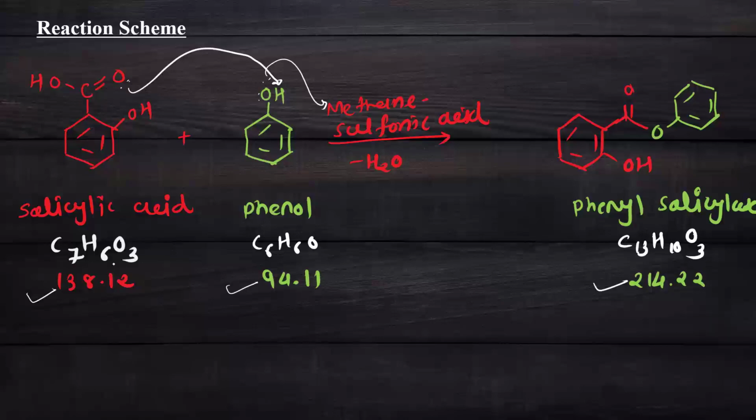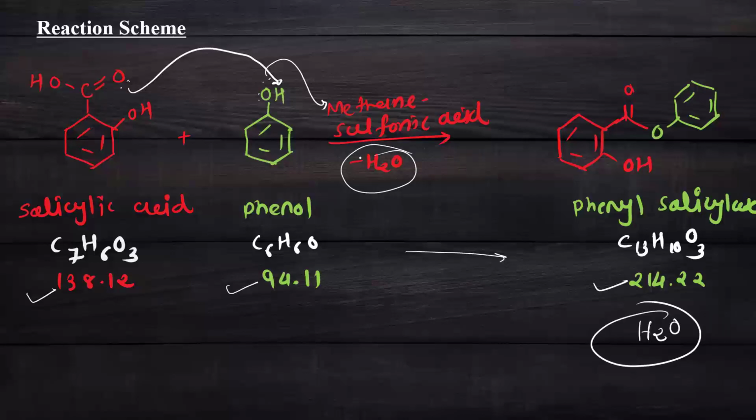So here, if we take a look at the molecular formula C7H6O3 plus C6H6O, what should we have to give? We have to get C13 here. From here we get C13H12, but we have H10, 2H less, and then O3 plus O, O4 total, we have one O less. So it means here we got H2O, our byproduct. That's why we receive a byproduct H2O. When we compile that, our molecular formula calculation is complete.